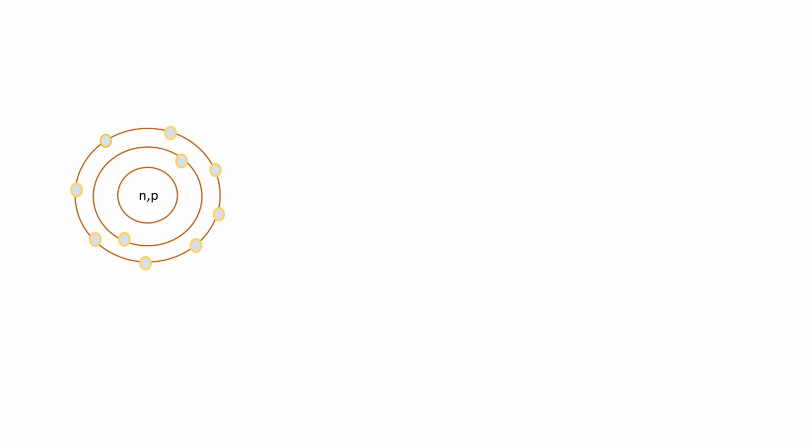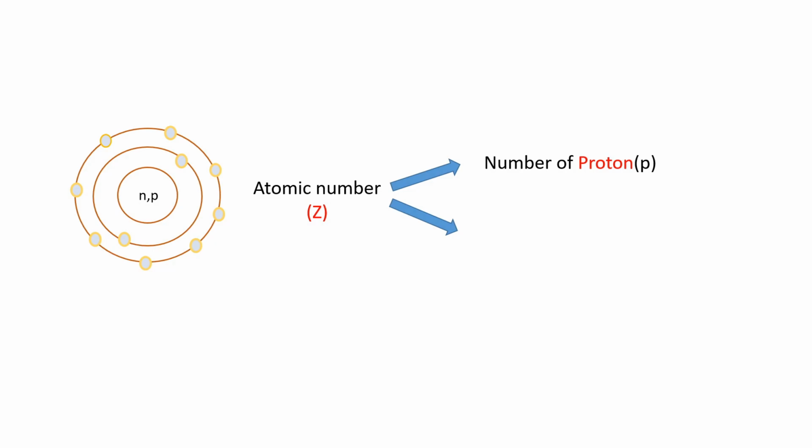Now we are defining the atomic number, which is denoted by a capital Z. Atomic number can be defined in two different ways. So basically, in the first way we can say that it is the number of protons, and in the second way we say that the atomic number is nothing but the number of electrons in the neutral state. Now, neutral state of what? Neutral state of an atom. Now what is a neutral state of an atom?